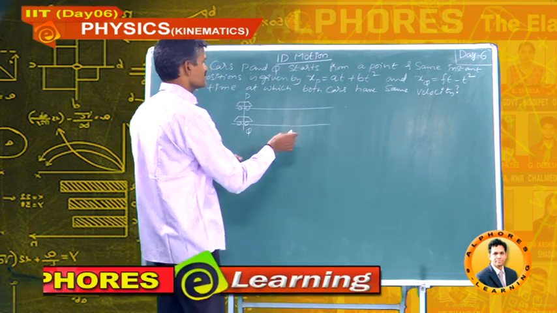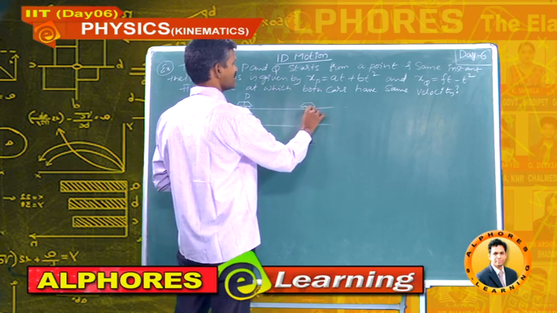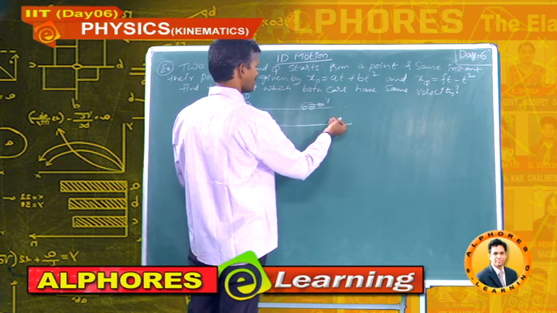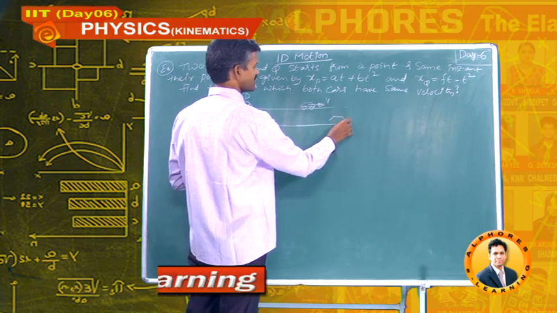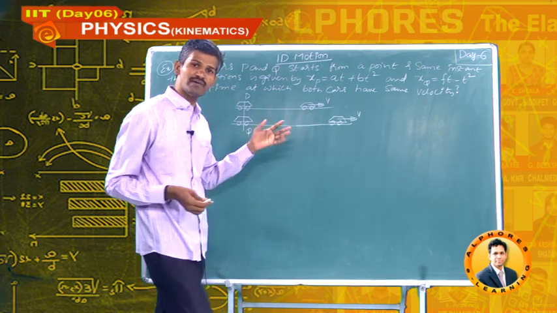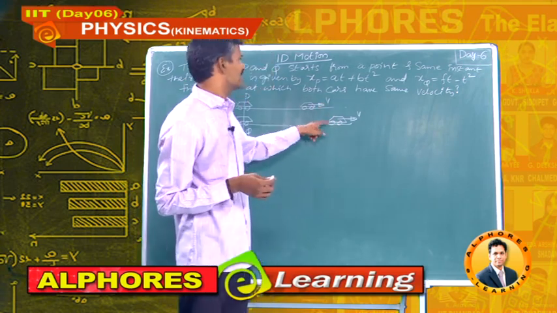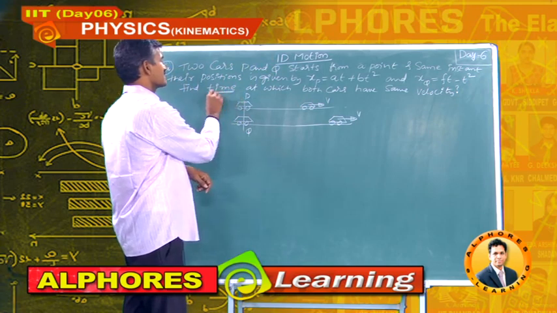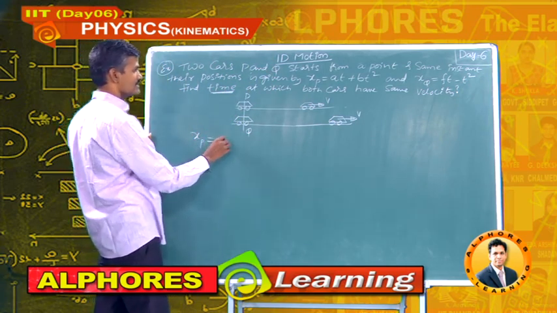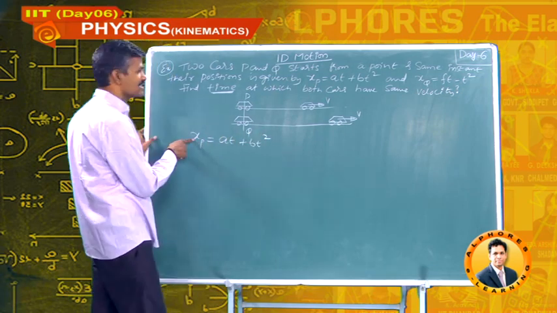So somewhere, suppose this car is here, it has some velocity in this direction, some v. This car may be somewhere else, it has the same velocity. Their positions may be different, but velocities must be the same. So then find the time, they are asking for the time. Actually I have the position of P, that is AT plus BT square. How to calculate the velocity of P?